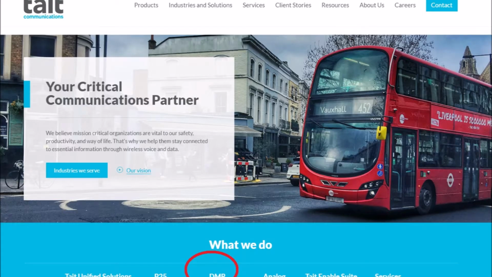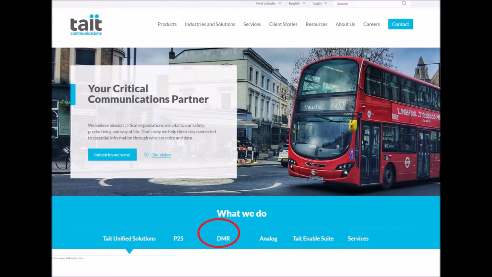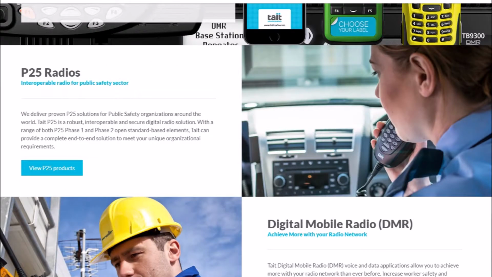Okay, Tait Communications. Tait Communications is a multinational radio communications company with headquarters in Christchurch, New Zealand. The company has offices in 17 countries and employs 869 staff. That's as of 2011. Tait develops voice and data radio technologies, exporting about 95% of products from its Christchurch manufacturing base.